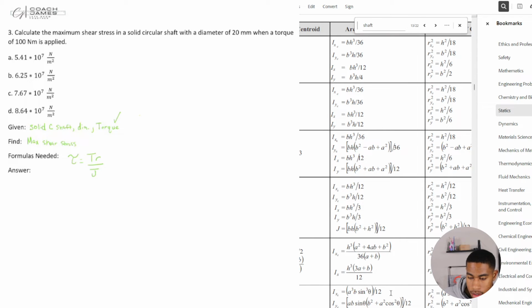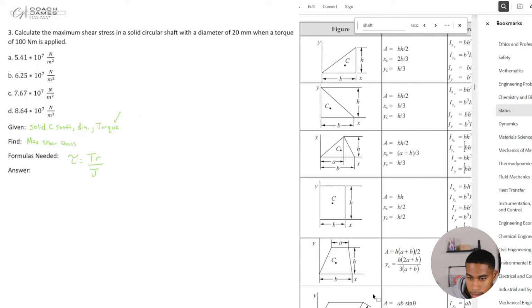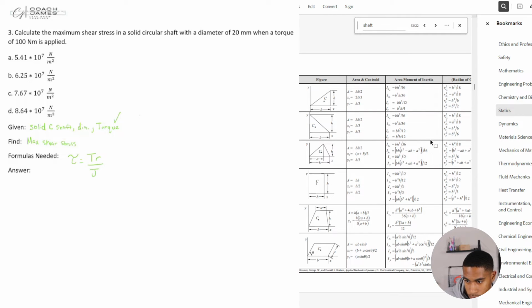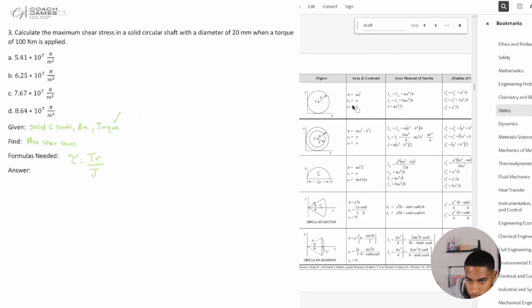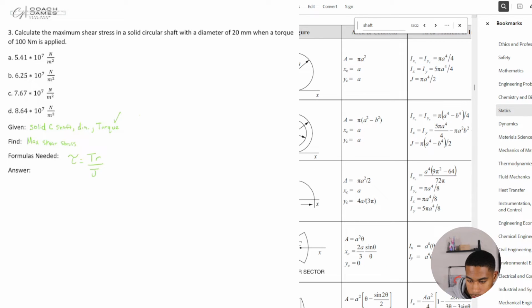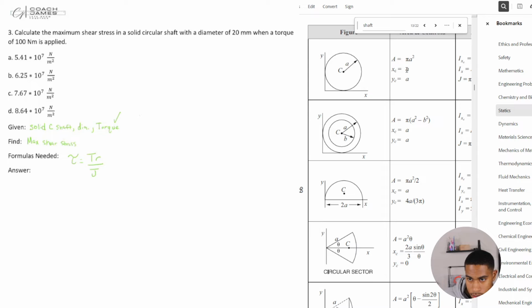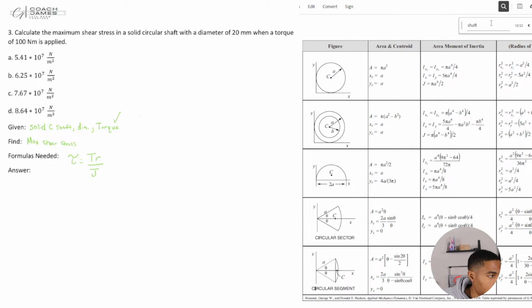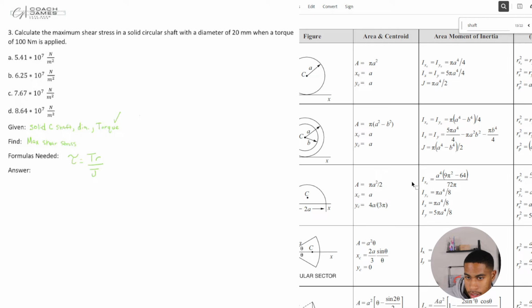So we may be revisiting statics to get the polar moment of inertia. And that's represented by J, right? So now I have a circular solid shaft, and J is equal to